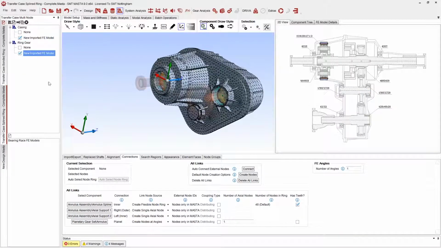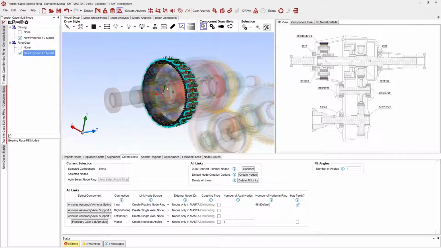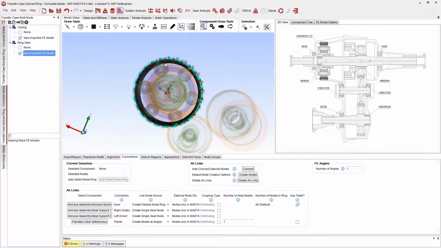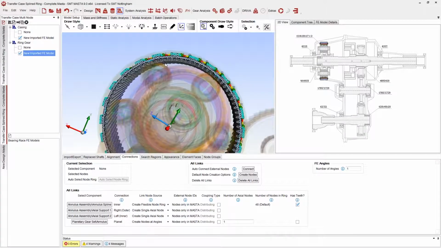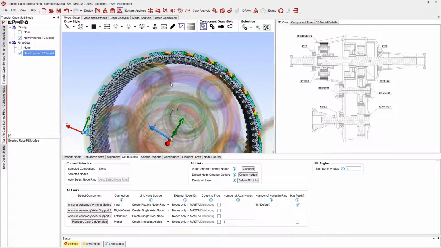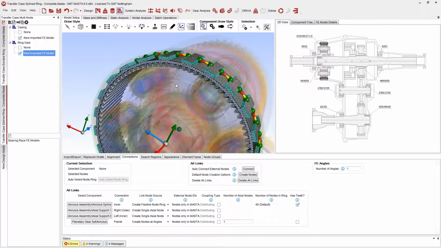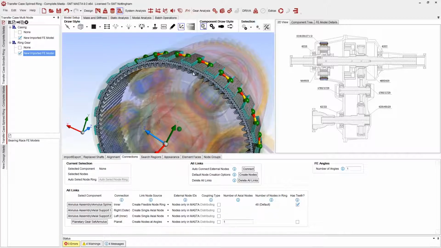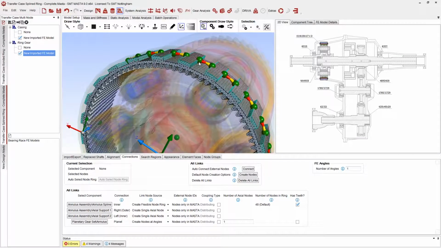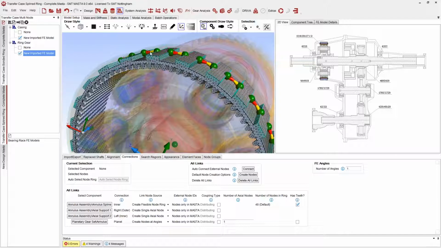So in this example we've got an FE model of our ring gear. We've got quite a thin rim gear here, so we're thinking under load this is going to show quite a lot of deflection and out of round. So the contacts of the spline are actually going to be quite important for what the deformation is of this particular part. So we've set up nodes on either flank of every tooth around this external spline,